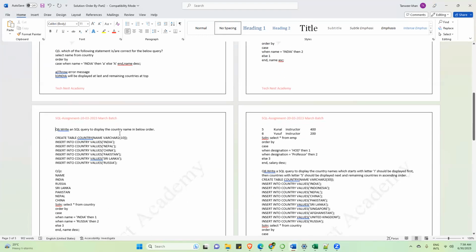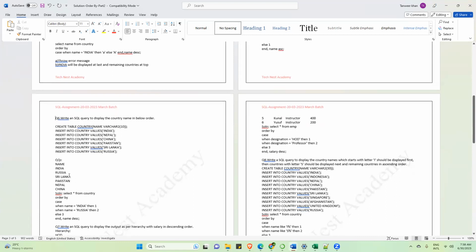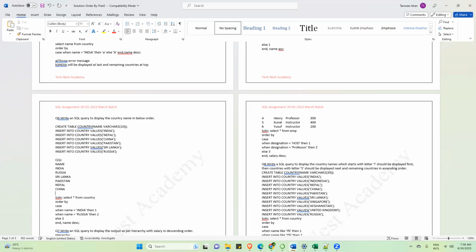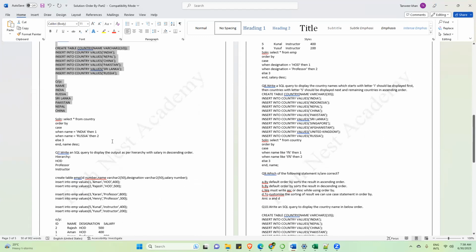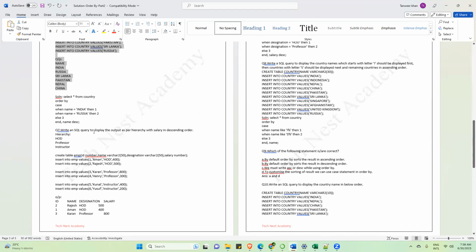Write a SQL query to display the country name in the below order. This question, right? No, it's 7. I mistook the number, it's 7. Write a SQL query to display the output as per hierarchy with salary in descending order. Okay. So see,